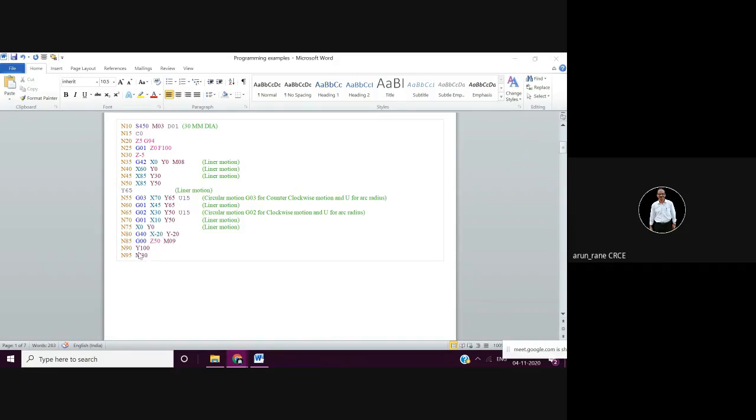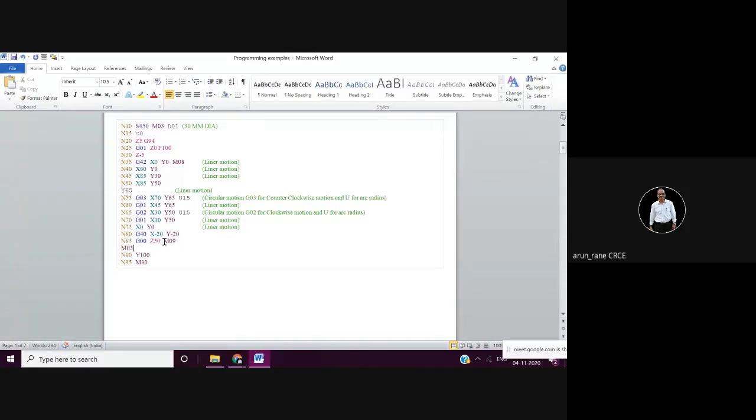Z50 is above the workpiece. Always ensure that you lift the tool above the workpiece. So G00 Z50, and then you can stop the spindle. You can enter M05 here.